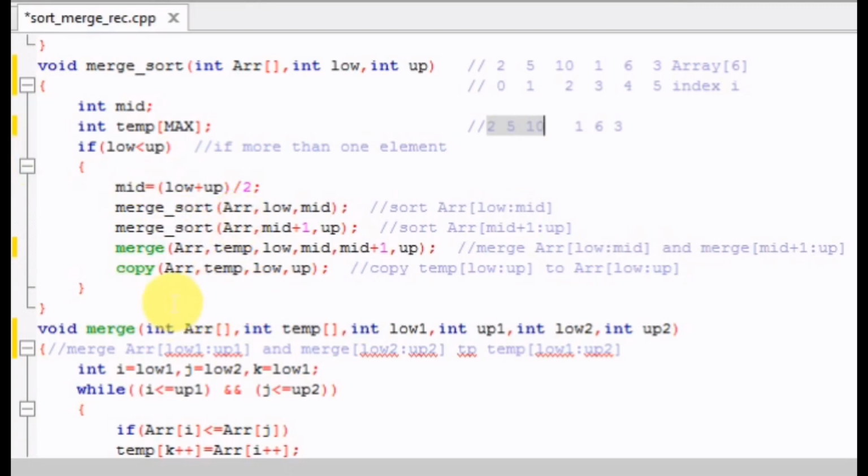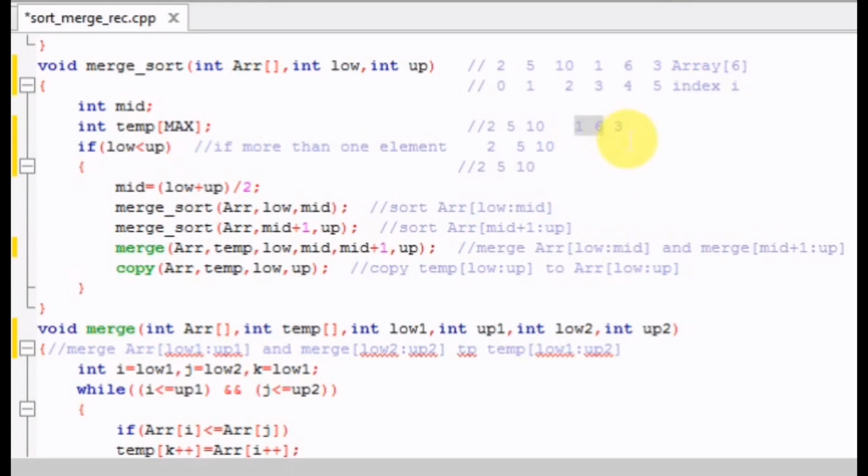Now again, see, this is the recursion, right? Here we are calling the same function. This merge sort will call this function. Then again a middle index will be found and the array will be partitioned, right? So then we will get two subarrays, one containing the element 2 and the other containing the elements 5 and 10, right? Similarly, 5 and 10 will again be partitioned, and all the elements 2, 5 and 10 will be stored in different subarrays. These are different subarrays of length 1, that means each contains only one element.